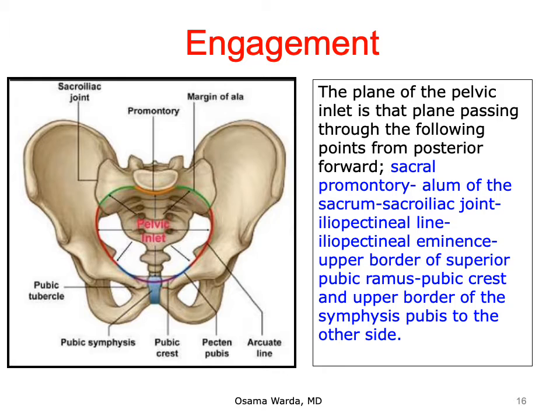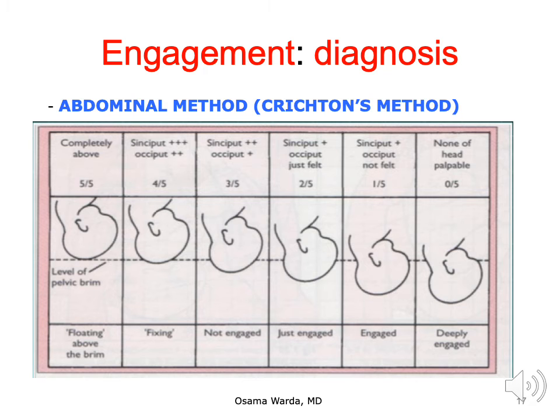We shift to how to diagnose engagement. How can we diagnose engagement? Engagement can be diagnosed by one of two methods, either the abdominal method or the vaginal method. The abdominal method was described by Crichton, depending on the amount of the fetal head that can be felt abdominally. Accordingly,